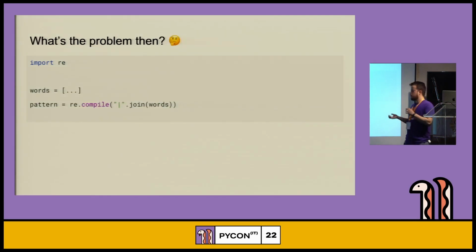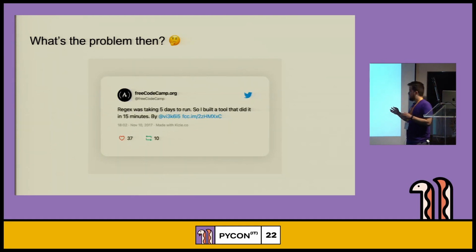So what's the problem then? We have seen that so far with very simple notation and a very small set of functions, we can do many of the things that you can find in text mining. So basically, the problem, as you can read in this tweet, is that the pattern that we have been seeing, the OR pipe, is very slow. In this example, a guy was trying to run it with a very large number of keywords, and according to him, the regular expression was taking almost 5 days.